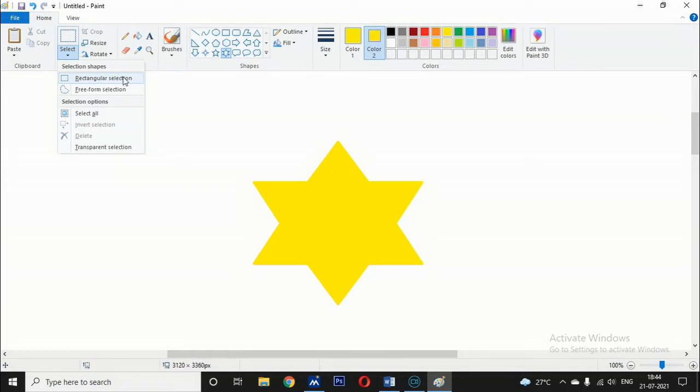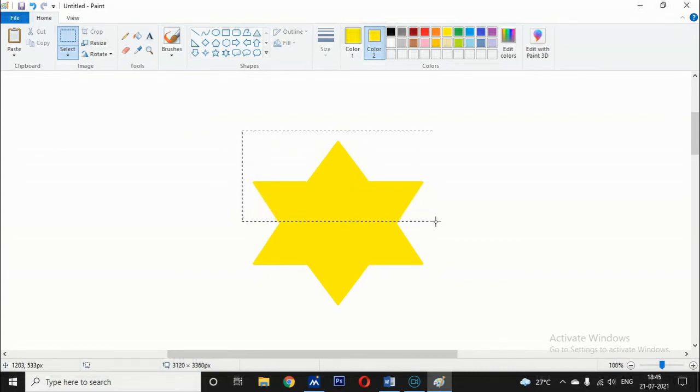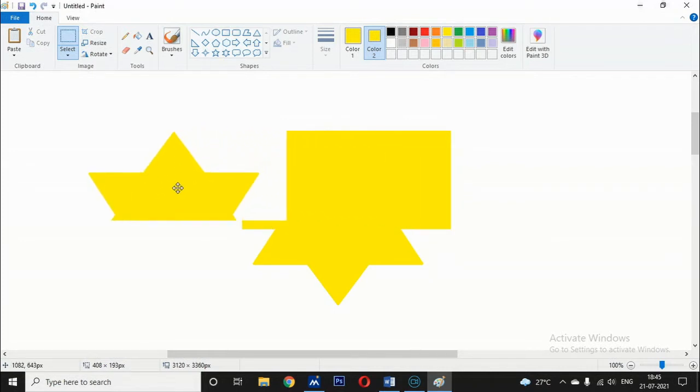If you want rectangular selection, just click it and drag your mouse over the portion you want to select. Keep it like this and you can move it.